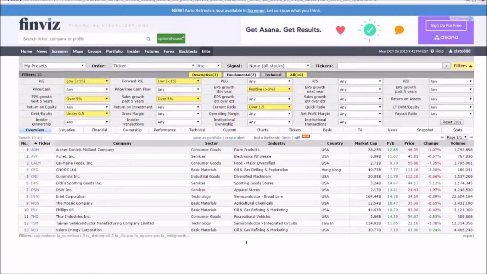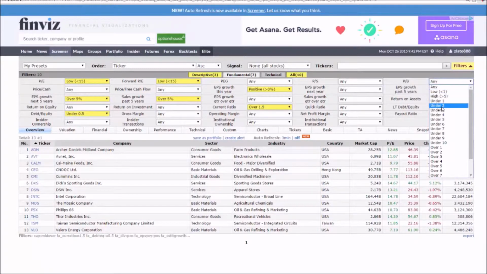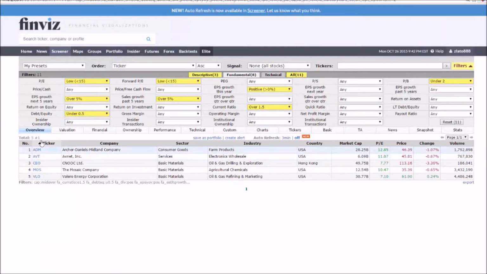If you look at companies like Ford or Chrysler, companies which manufacture something, or mining companies, you will see that the book value would be high, and sometimes they are sold below book value, because if the company is getting into trouble, like a mining company, it's really difficult to get those assets and sell them somewhere. Warren Buffett tries to find companies under 1.5. There is no 1.5 option, so we just put under 2, and we can see we have only 5 companies.